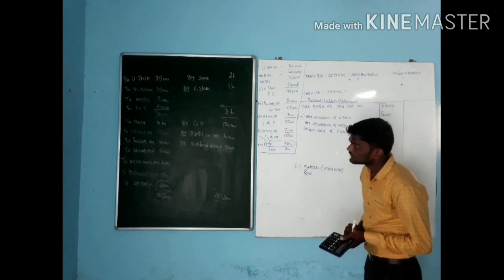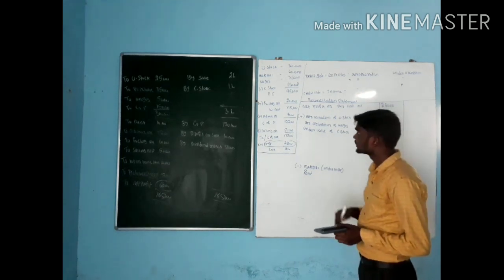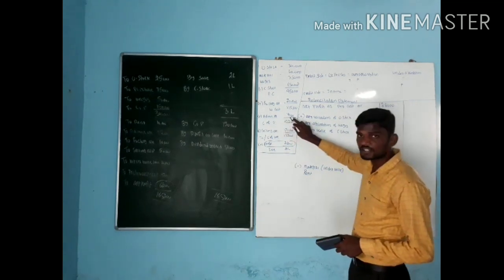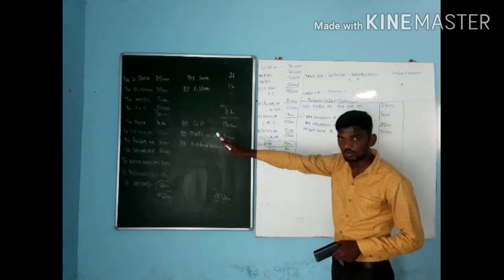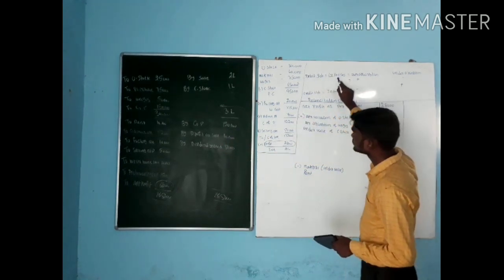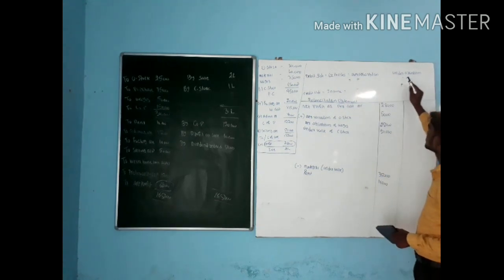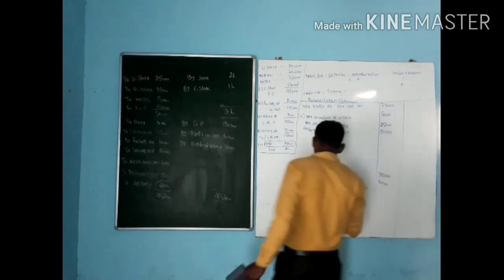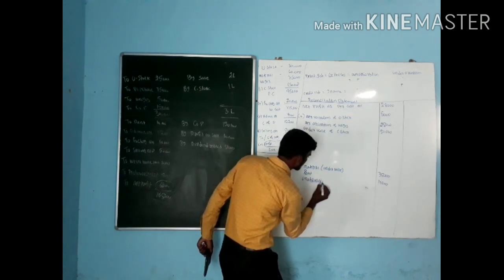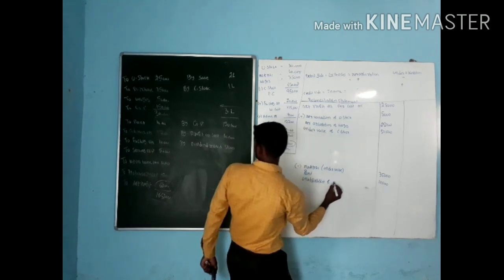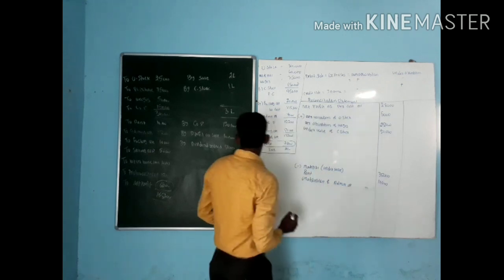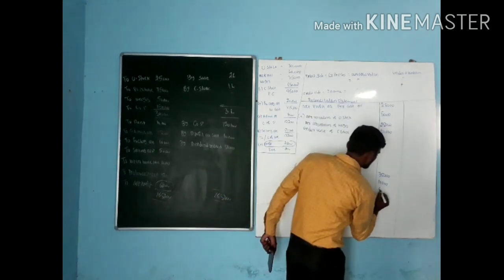Next one. Administrative overhead is 12,000. Now check whether any administrative overhead is given here. Administrative overhead is 7,000. Actual administrative overhead is 12,000, but I recorded only 7,000. It is a debit side expense, so it is called under absorption. When it is under absorption, we need to go for minus. That is under absorption of administrative overhead, 7 minus 12, 5,000.